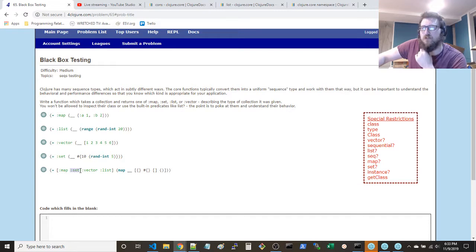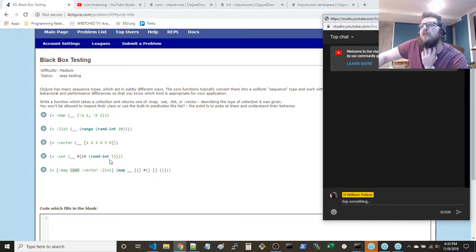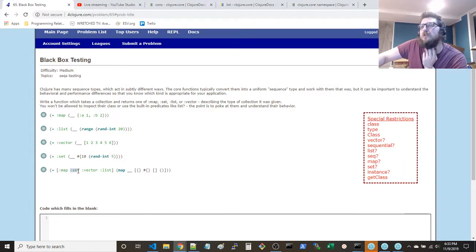So what's a unique property of a set that we can use to narrow it down? Something unique to a set. Well, adding elements.